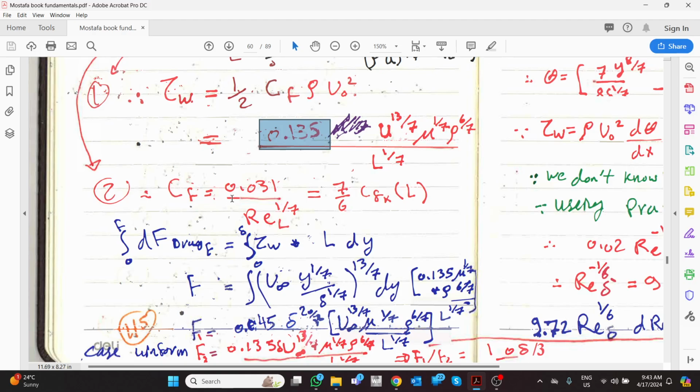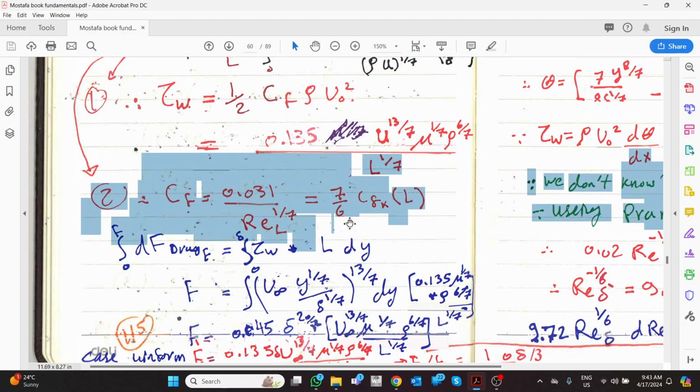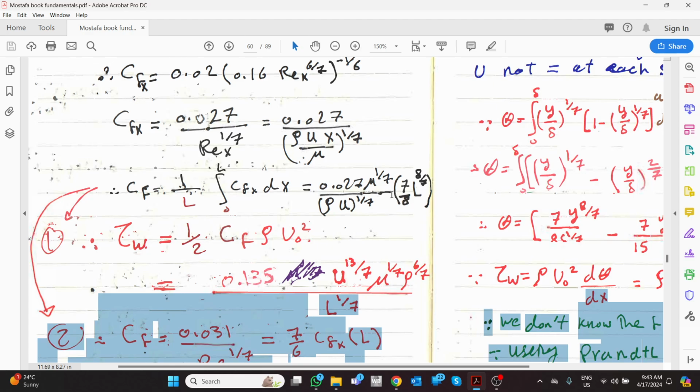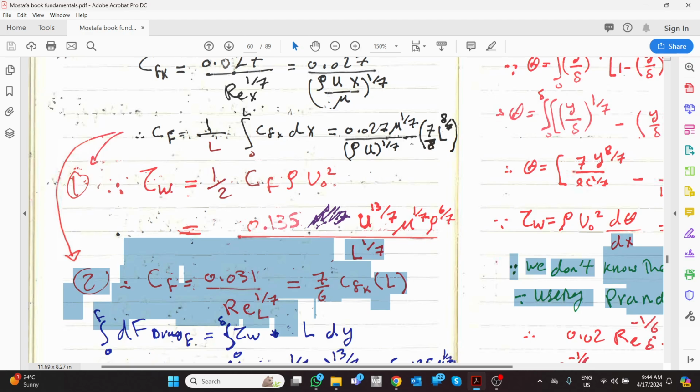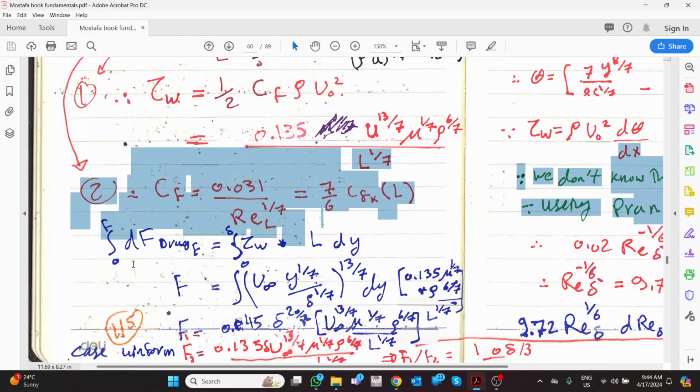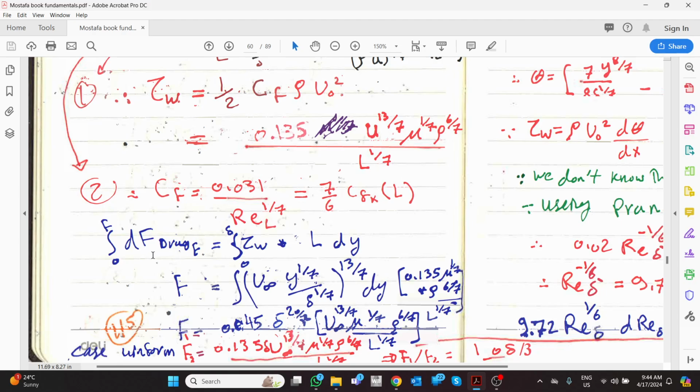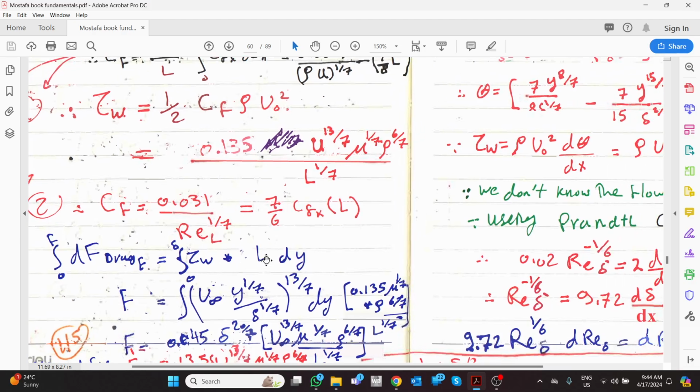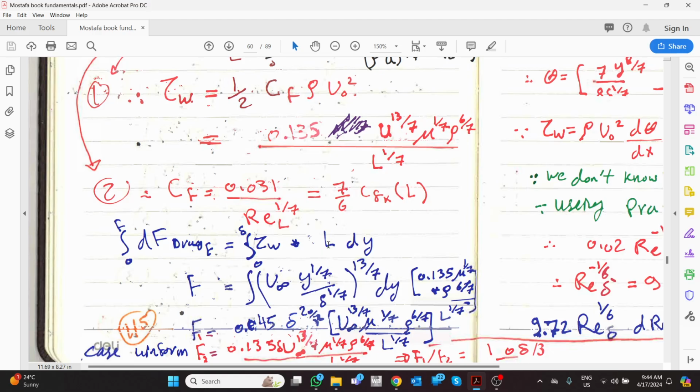And this one, the CF is as a definition. If you start to plug the numbers, so if you want to calculate the force, the drag force is shear stress multiplied by the area. And the area, you know, it is L